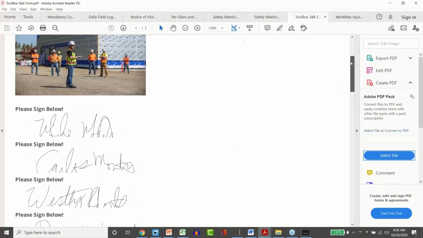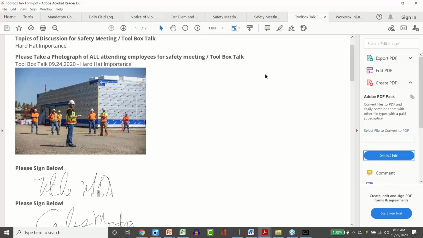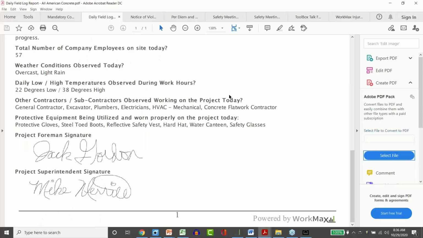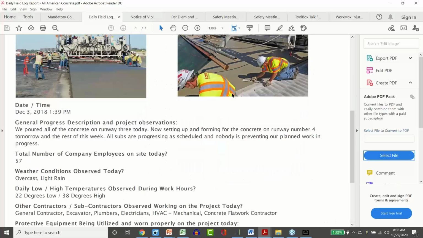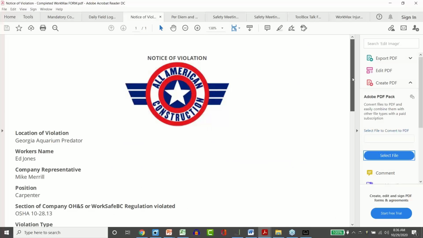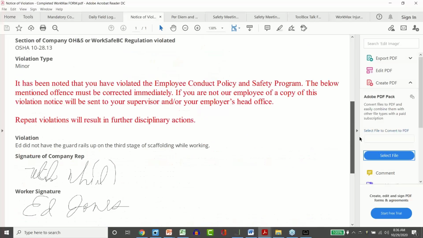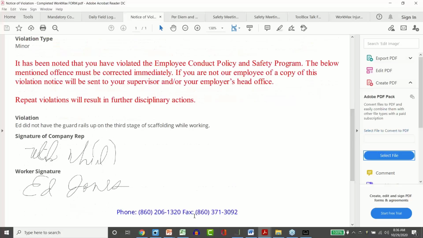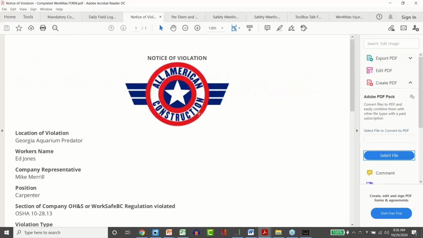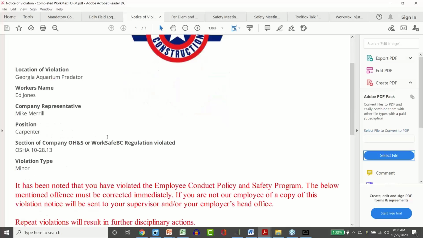So when the field is having those toolbox talks or safety meetings, those things are being documented as they go. Other forms like that, we looked at the daily field log already, pouring concrete. Notice of violation, if there's a warning or something, you need text to come up in red, or again, certain signatures or titles. These are all customizable fields in WorkMax Forms, so you have control over what data points you